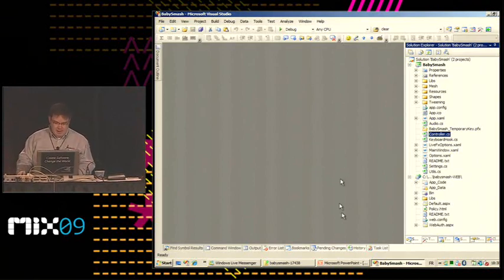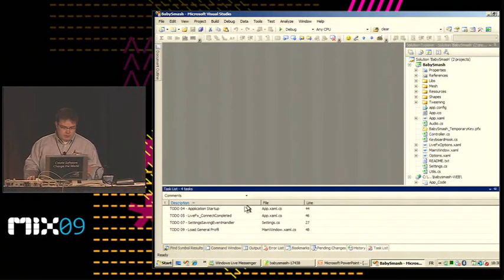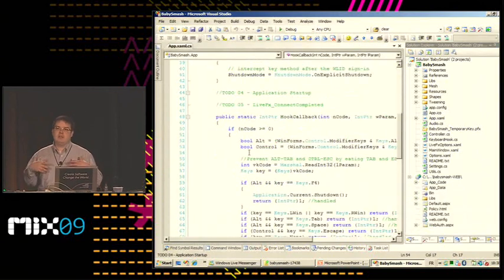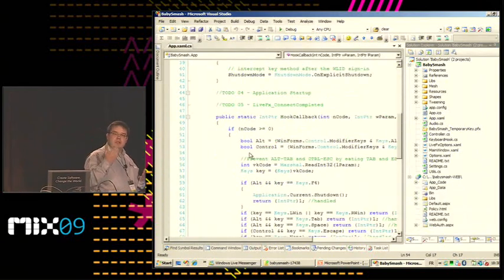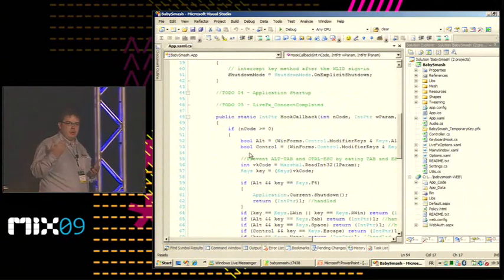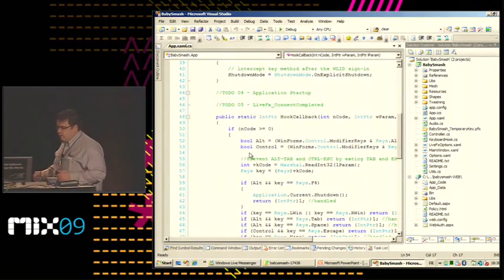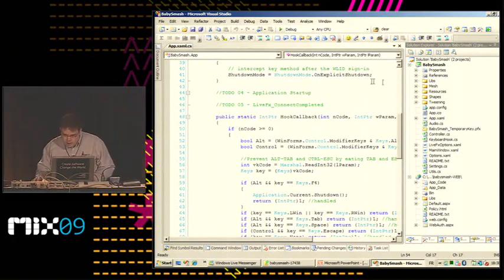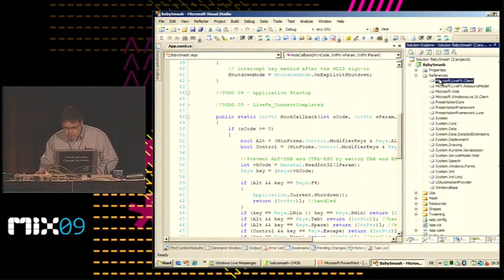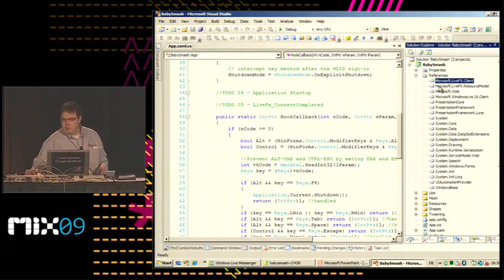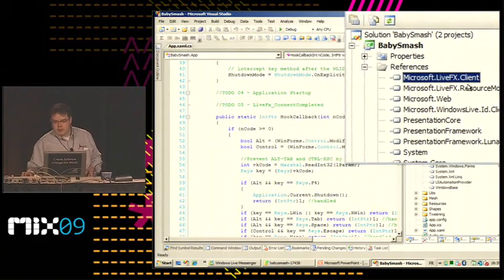Excuse me. The first step for me is to extend my application to connect it to the cloud, to connect it to the Mesh services. And to do that, I must first add some references to my application.